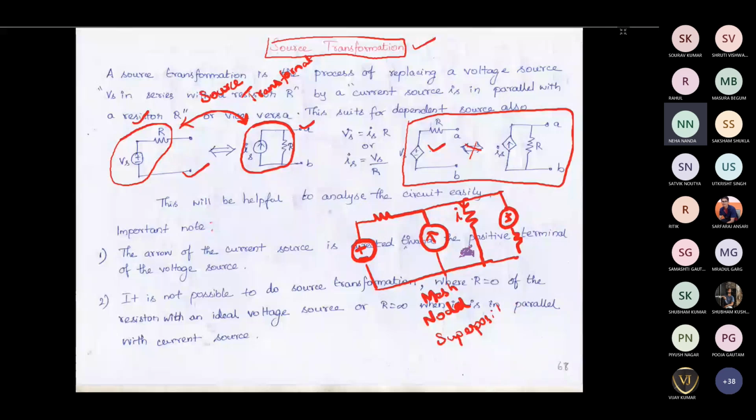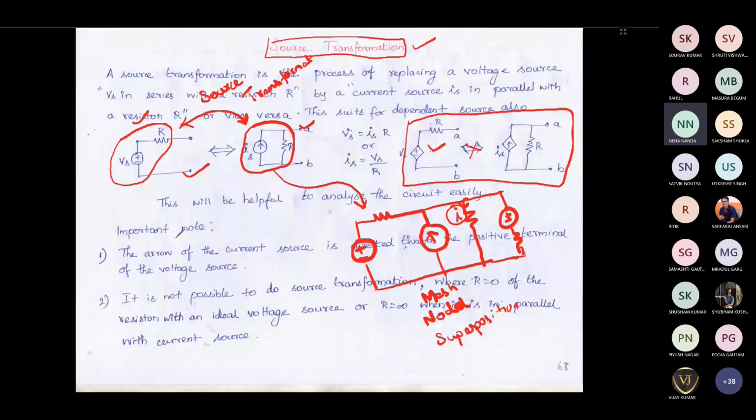Now we need to find the current I, right? Anyway, it is going to take some time to solve this circuit using mesh analysis, nodal analysis, or the superposition theorem. It needs certain time to solve this circuit, right? So now we can easily make this circuit into a different combination so that we can easily solve it. As we had discussed here, this voltage source with the resistor in series can be represented as a current source with a resistor in parallel.